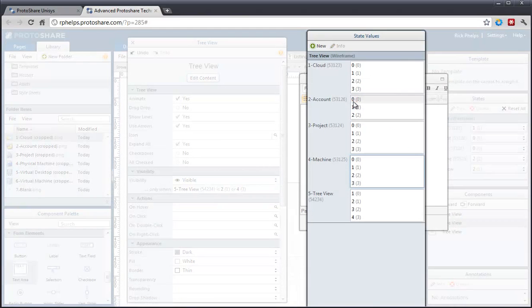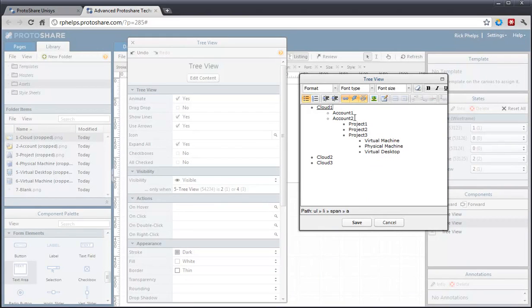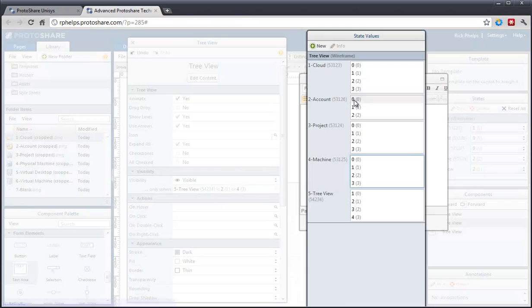So let's go ahead and set what happens when you click on Cloud 1. Well, the first thing we want to do is to set the state so that Cloud 1 is showing. However, we also want to set the states on the other levels to 0. This is necessary so that we always reset the states that exist at the other levels every time we set a state. Now we skipped over account 1, we went to account 2 because we're only going to include account 2 in the example. We set account 2 to 2, and we also then set the other levels to the